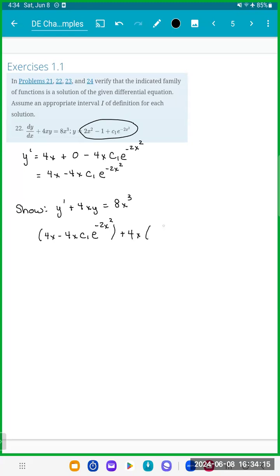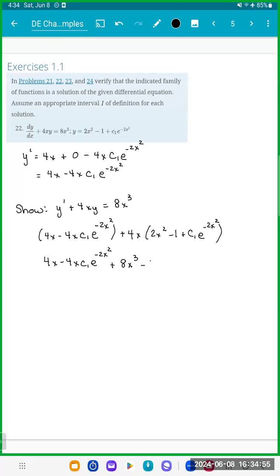We know what y is, so we could substitute that in. That is 2x squared minus 1 plus C1 e to the negative 2x squared. And we want to show that when we simplify this, it is equal to 8x cubed. So let's go ahead and just distribute this 4x to each of these terms. So this gives me 4x minus 4x C1 e to the negative 2x squared plus 8x cubed